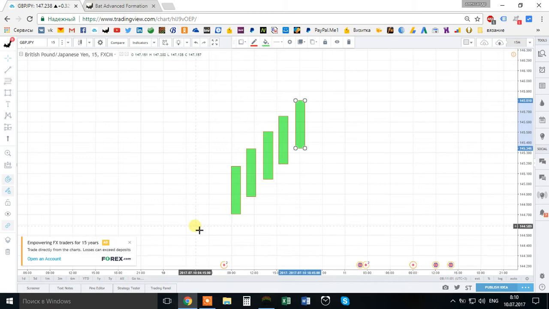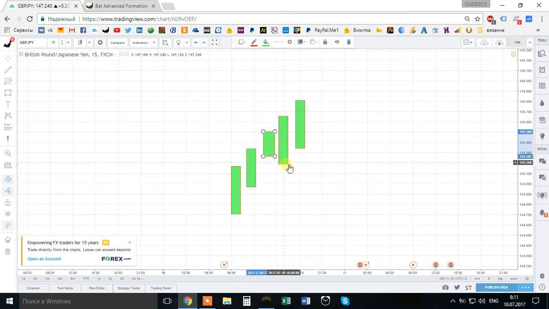Japanese think that the body of the candle is the most important part. It not only shows the actual price, the high and low, but it also shows the strength of the movement. So if the body becomes smaller and smaller like this, this means that the uptrend